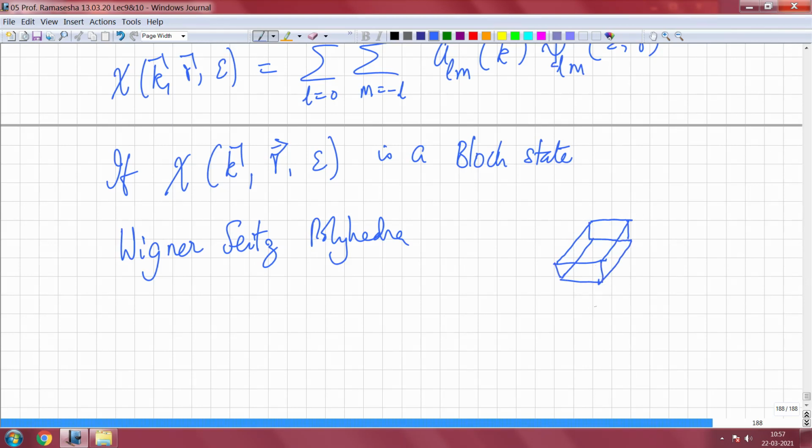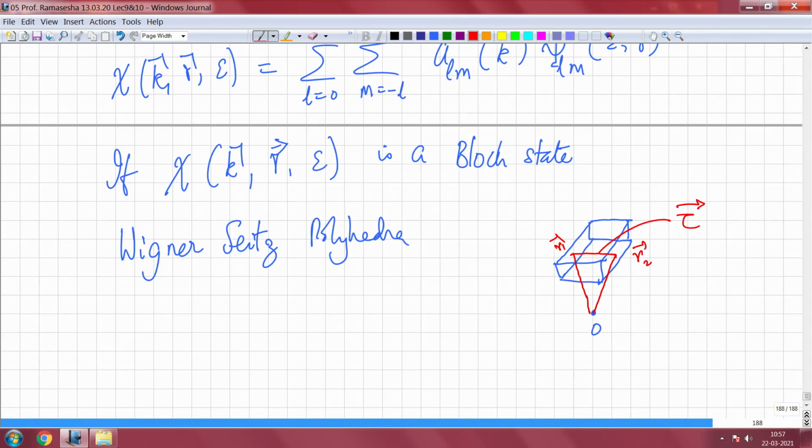In this, if I choose the origin to be somewhere here and I consider 2 points on 2 opposite faces of the polyhedra, let me call this R1 and let me call the other point R2, and they are related by a lattice translation vector tau,